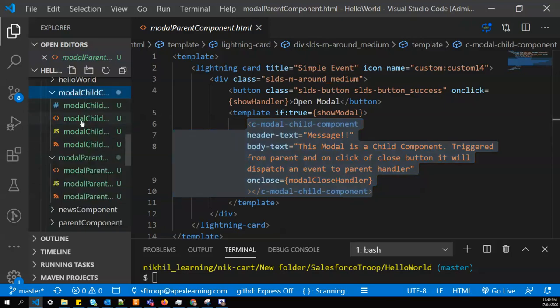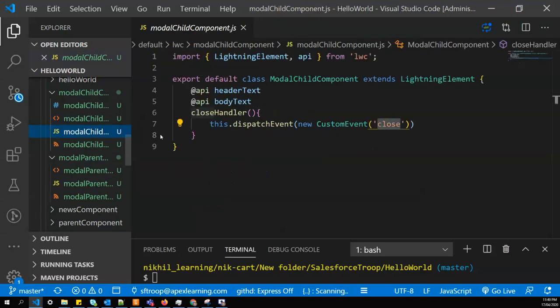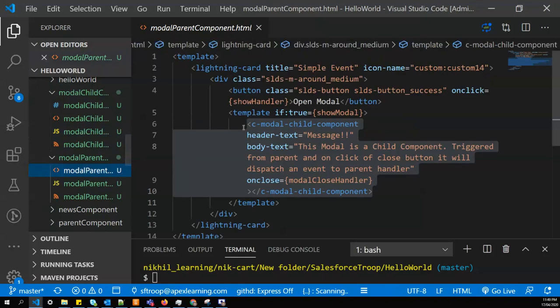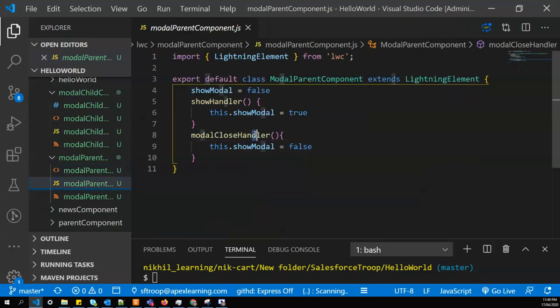On the child modal, we have a close button, and on click of that button, we are dispatching a custom event named close. So whenever this event gets triggered, it comes to the parent and sees if it is attached to any element. If yes, it calls the respective event handler, and that event handler closes the modal.